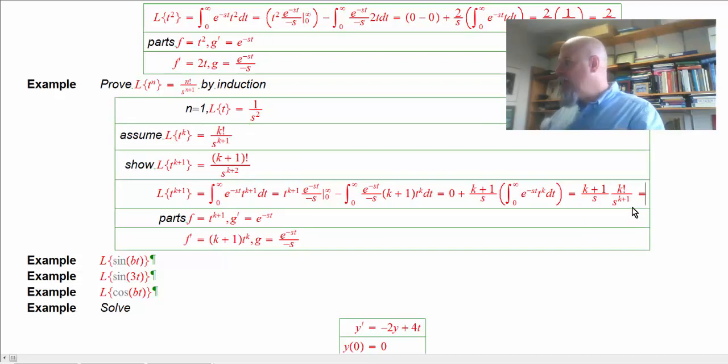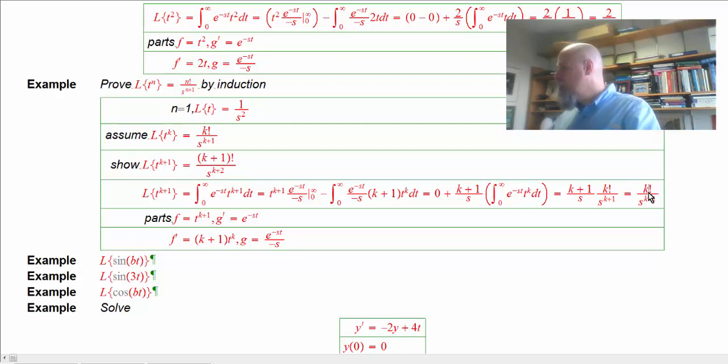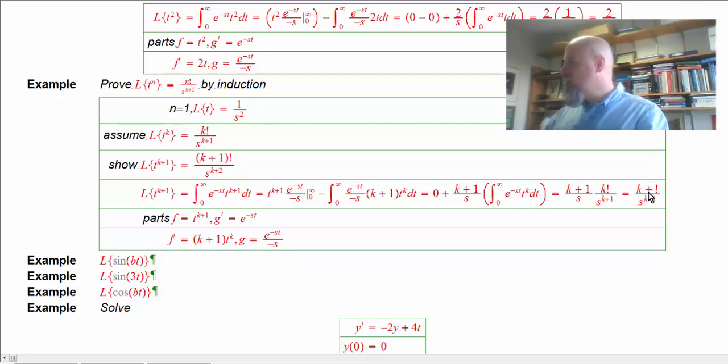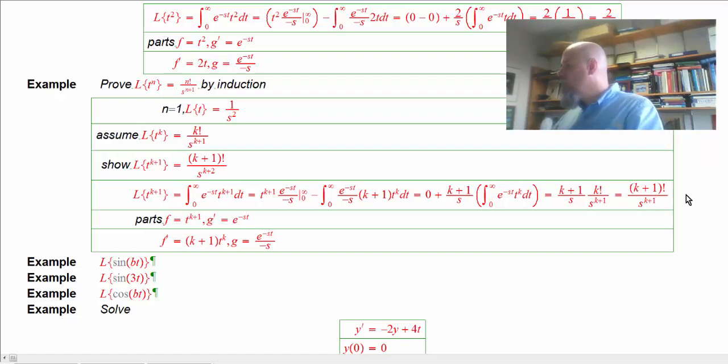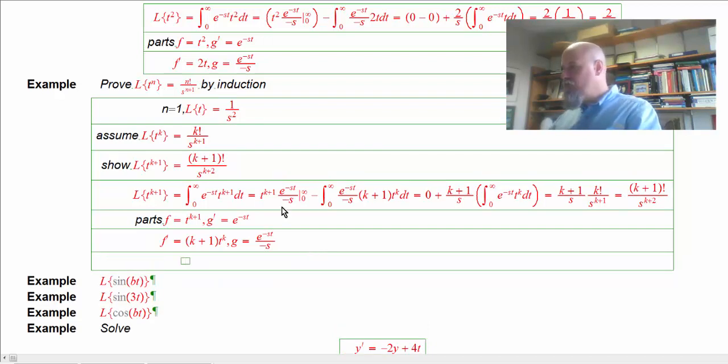And so when I clean that up, I'm going to get k plus 1 times k factorial. That's k plus 1 factorial. s times s to the k plus 1 is going to be s to the k plus 2. And so now we've proven the thing that we want to prove, so I can say